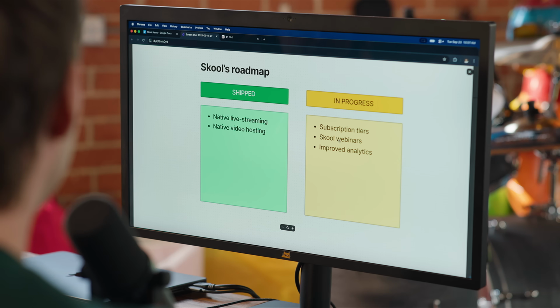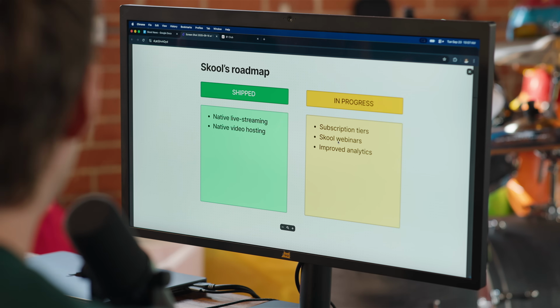It's always hard to say until you're very close to shipping it, but it's looking like probably around mid-October for that. Then school webinars. We've got school calls right now, which is the grid view. Most people use those. It's in a pretty good state. School webinars allows you to do something like this on School News, where everyone else is just kind of watching and they're in chat. They don't have their video on or their audio on.